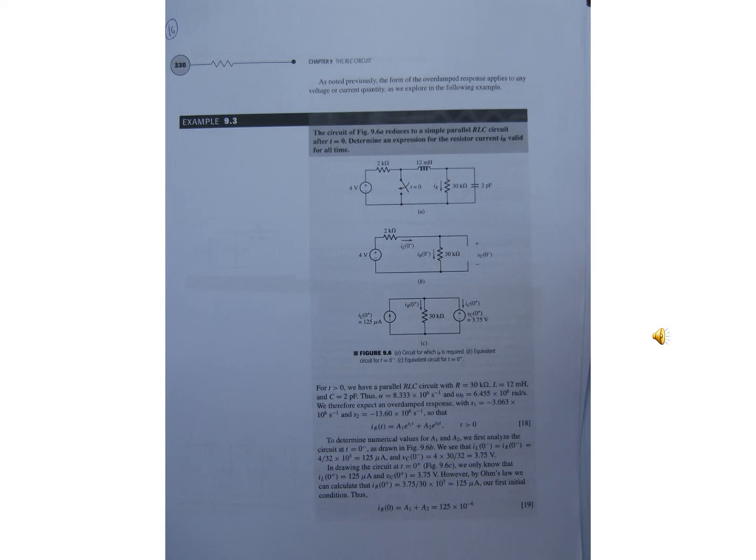S1 equals minus alpha plus square root of alpha square minus omega 0 square, S2 equals minus alpha minus square root of alpha square minus omega 0 square. Substituting the alpha value and omega 0 value, S1 is 3.063 multiply 10 power 6 per second and S2 equals minus 13.6 multiply 10 power 6 per second. Then IRT equals A1 e power S1t